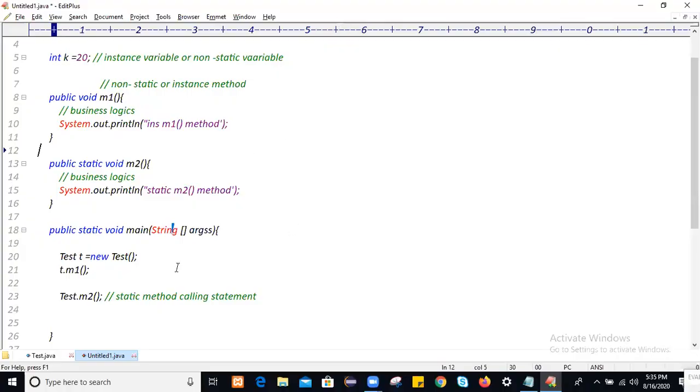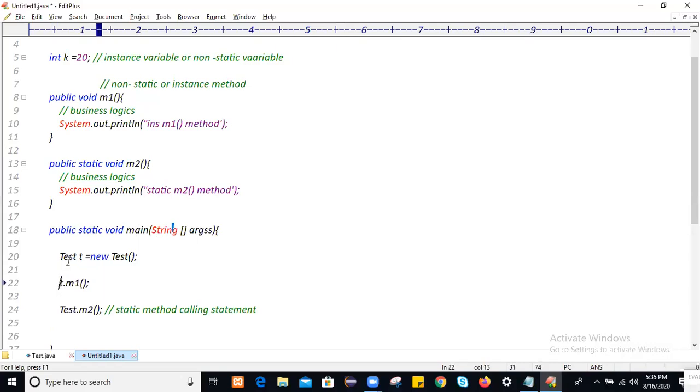Due to some background noise, I stopped. So all the instance members of the class we access by using the object reference name, and all the static members of the class we access by using the class name. So this is the method calling statement. This is called the instance method calling statement, and this is called the static method calling statement.